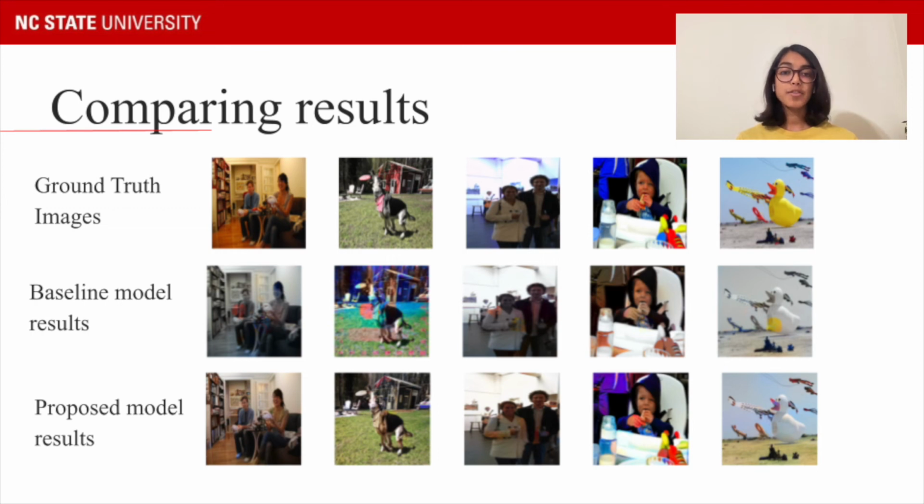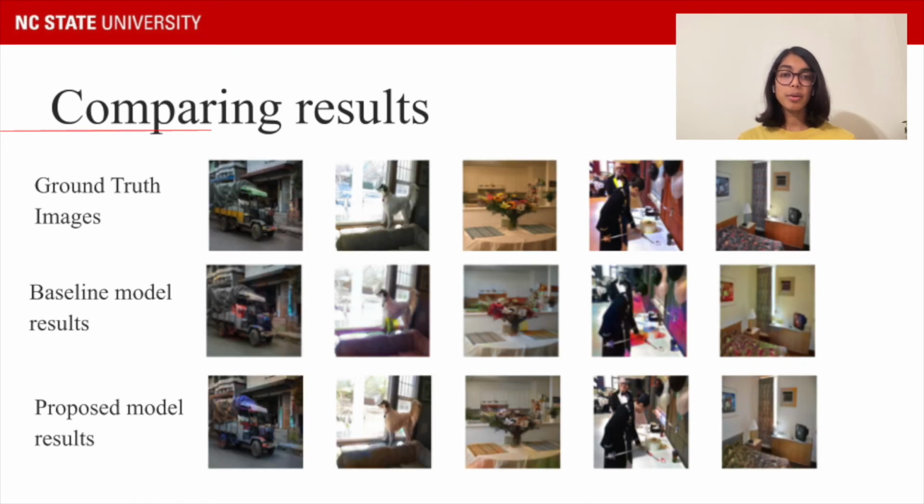So we now compare the results of the baseline model and the improvised model. As we can see, the baseline model was not able to give all the colors really well. It did not have a distinguished boundary between the colors and it had a lot of grayish and brownish patches wherever the model was not able to predict the colors. The patches were not predicted nicely. Whereas in the case of our improvised model, we see that we have a clear distinction between the different colors. There's a clear boundary between the colors that have been predicted, and we see that there are almost no grayish or brownish patches, which means that our model performed really well and was able to predict the colors of the images much better as compared to the baseline model.